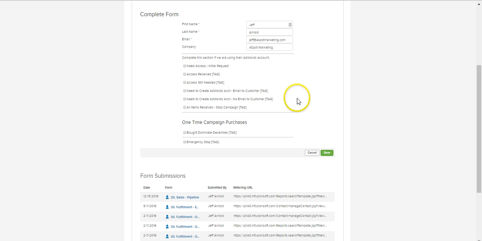But if it gets to the point, this is going to trigger a to-do for me on my dashboard after a couple days that says, hey, we haven't gotten stuff yet. I can push this button. That will say access still needed. That will fire off another email to them that says, hey, we've looked at this. We still don't have access. We need more information. And then I can just simply push the button that applies to what has to happen next. I don't have to remember where in the campaign I need to trigger. I don't have to remember what tag I'm triggering,